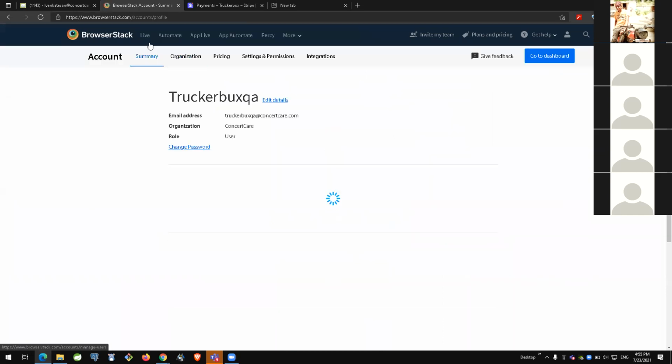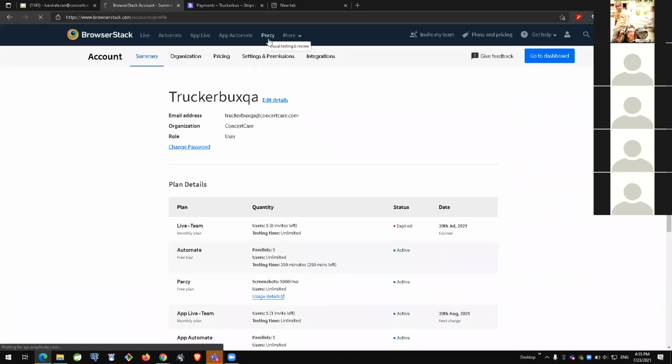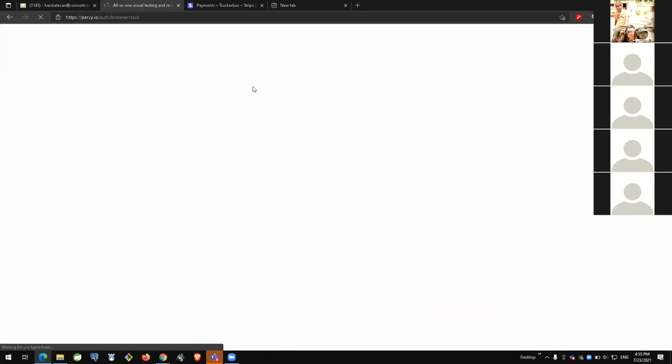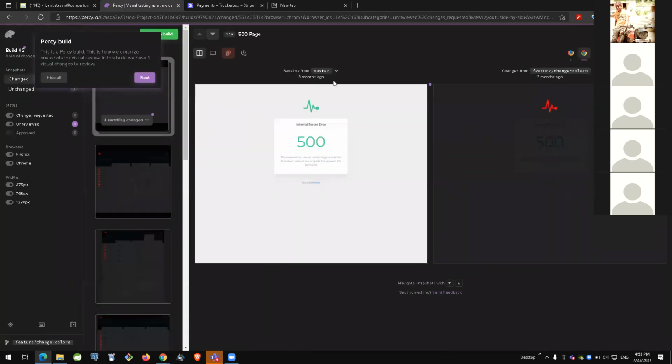If I wanted to show you Live Team App, I have my account, and this is how you can use this feature. This is a screenshot version, and you can always go through visual testing. It is so-called Percy. In Percy, we can take multiple screenshots for that particular bug, and if you are taking multiple screenshots, we can create a demo project here itself. I think this feature needs to be explained separately, so I can explain it later.